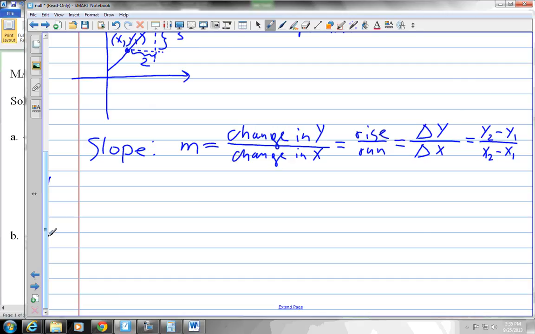But if you look at the vertical line, what is the change in x as you travel along the vertical line? 0, right? So the change in x is 0. You got yourself 0 in the denominator. Can you have 0 in the denominator? No. So the slope of a vertical line is undefined. It doesn't have a slope, or you could say it's a million and then a whole bunch more, because it basically goes to infinity. Okay. So in general,